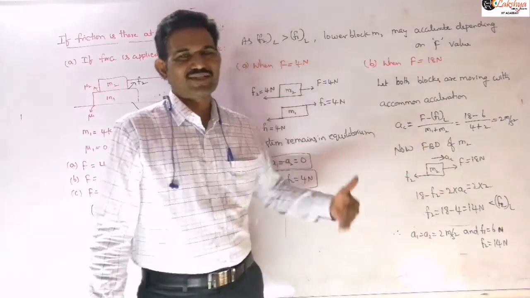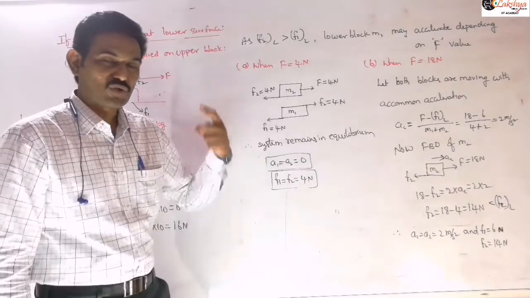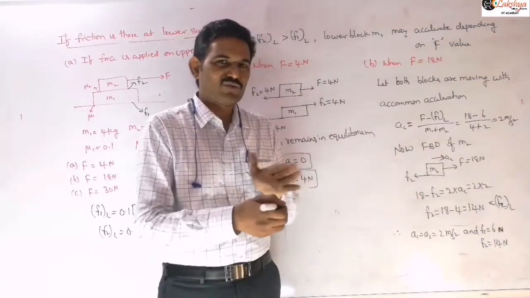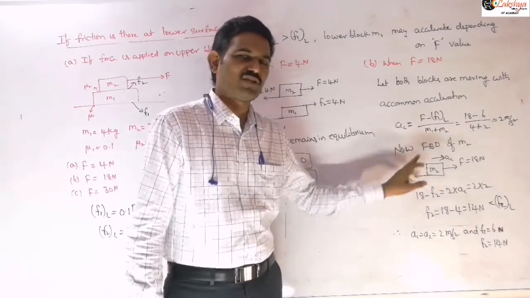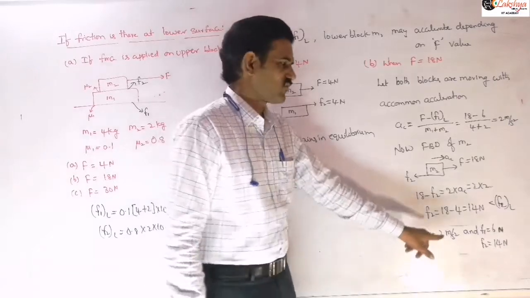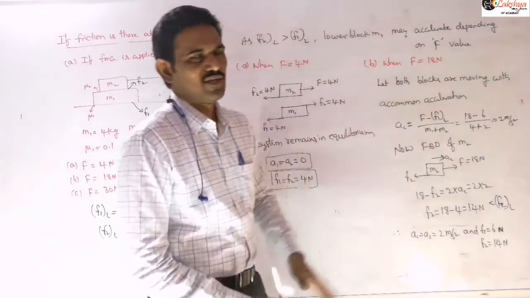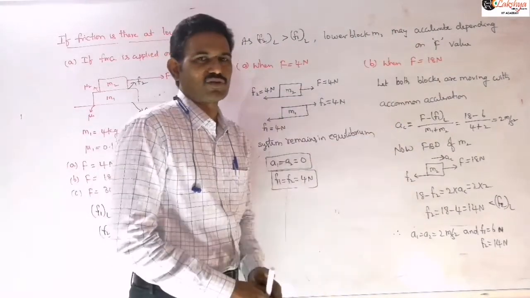So if F2 is less than F2 limiting, then again our common acceleration assumption is true. If it is wrong, then take this friction, that means the relative slipping will be there. Once the relative slipping is there, then this F2 value you need to take. That means if this assumption is wrong, once you are getting F2 greater than F2 limiting, then how to solve it? We should not use any of these values here. That means this assumption is wrong.